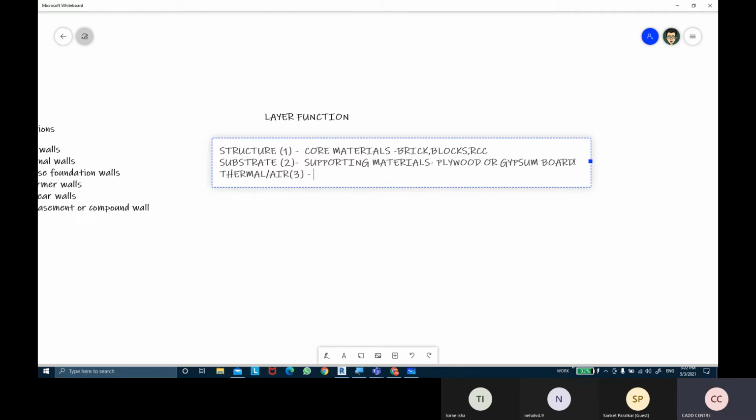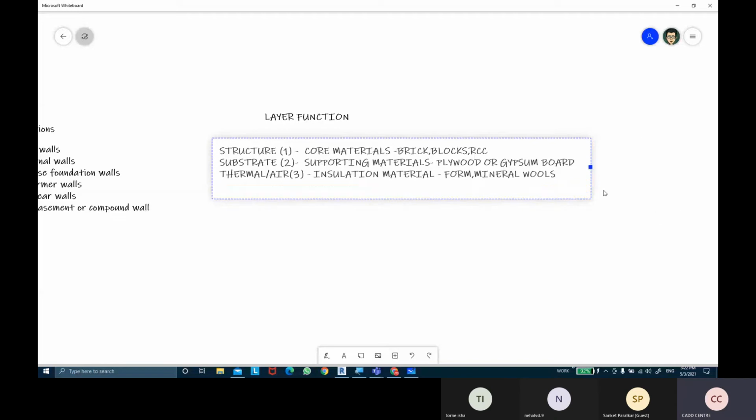So thermal slash air, we need to keep it when you are using insulating materials, like foam or insulation foam, or if you're using mineral wool for insulation purposes.